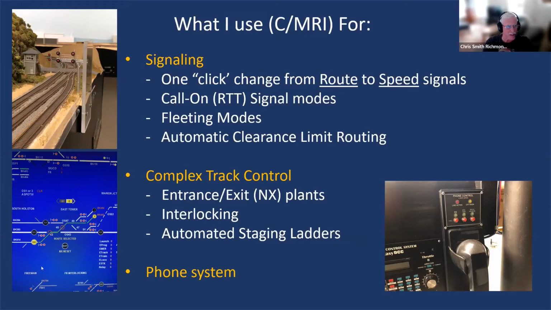So in addition to signaling, I utilize the bus is perfect for more complex track control. For example, NX plants. I have 3 NX plants on the layout, which are, it's a term the railroads use for entrance exit. They're more complicated interlocking plants that have multiple ways to get into the plant and multiple ways to exit the plant. So this automates, if you look at the picture in the lower left, you can see